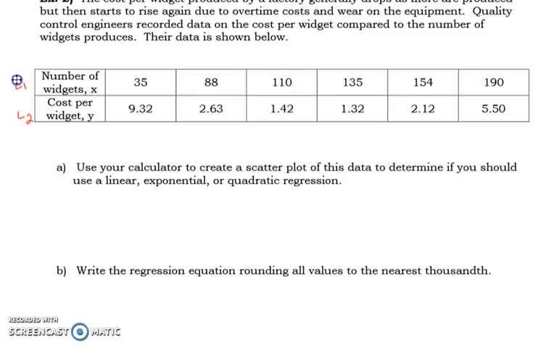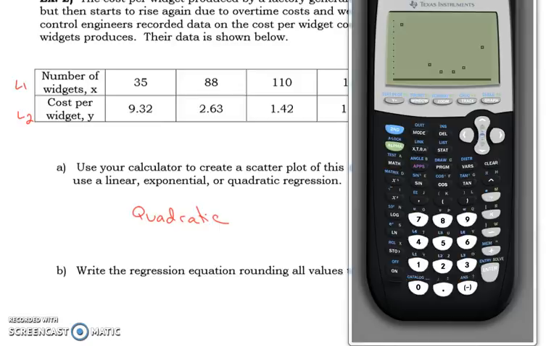So part A says use your calculator to create a scatter plot for the data and determine if you should use linear, exponential, or quadratic. And then we're going to write the regression equation. So again, I want you to press pause. I want you to take a look at the scatter plot and see if you can determine which regression we're going to do. Okay, so once again, I have my scatter plot up on my graphing calculator,